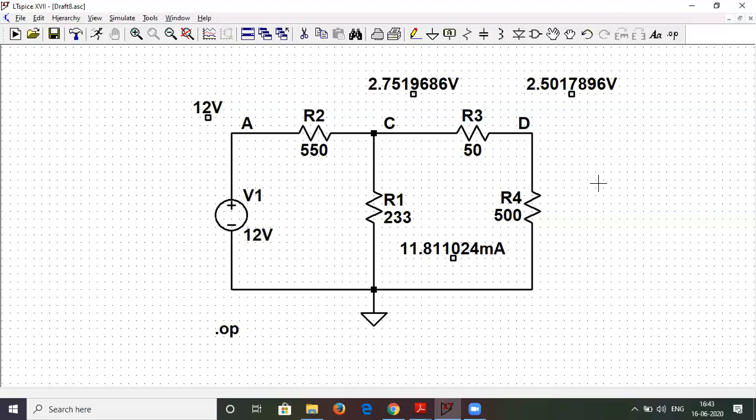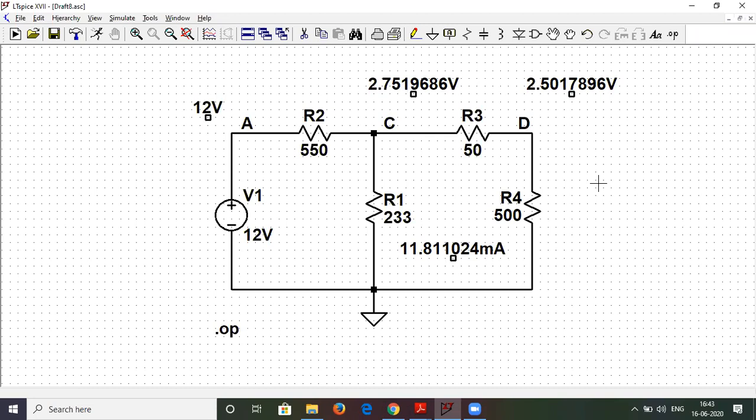This is a classic example. You can convert this into mesh analysis and also into nodal analysis. All these theorems, that is superposition, are based on linearized circuits. So LTspice works excellently with linear circuits. You might get answers which are accurate up to 4 decimals. That's the beauty of using this.